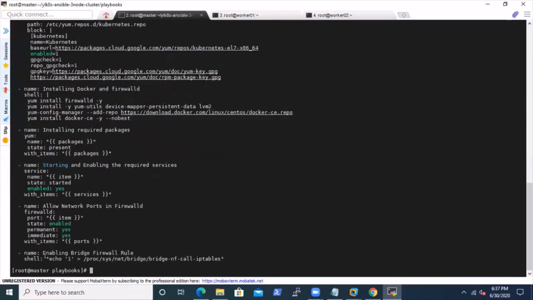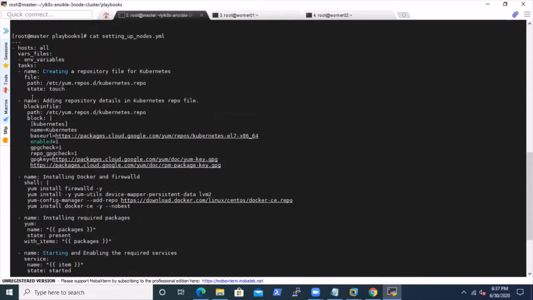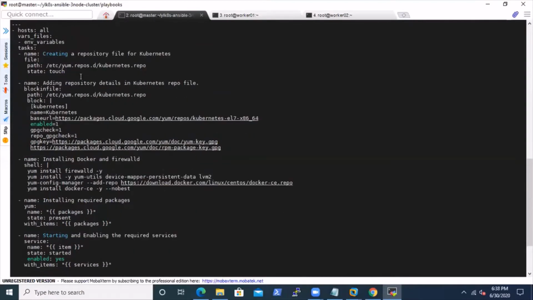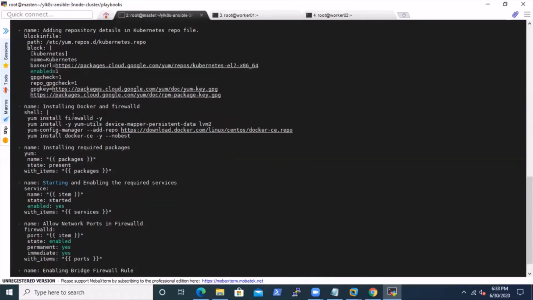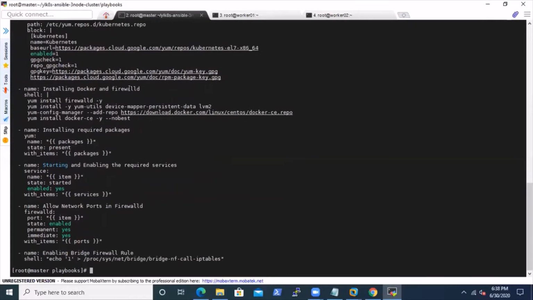Then this is an important file, the setting of the node YML, in which first of all it is adding the repository for your Kubernetes. This is the base URL from which it will be downloaded. After that Docker is installed and the firewalld service is installed on all the nodes. Now about these packages, where are the required packages listed?